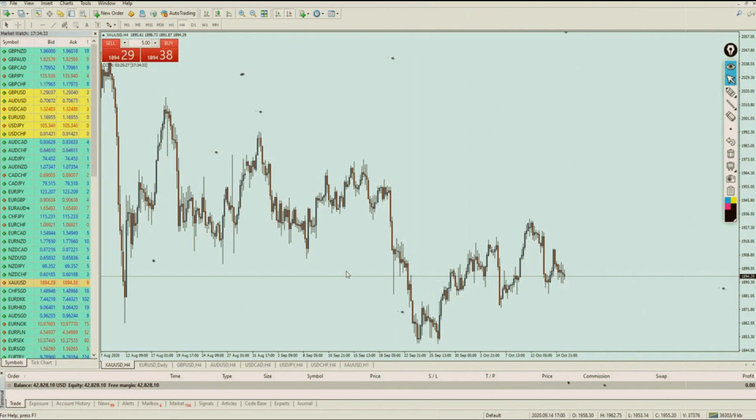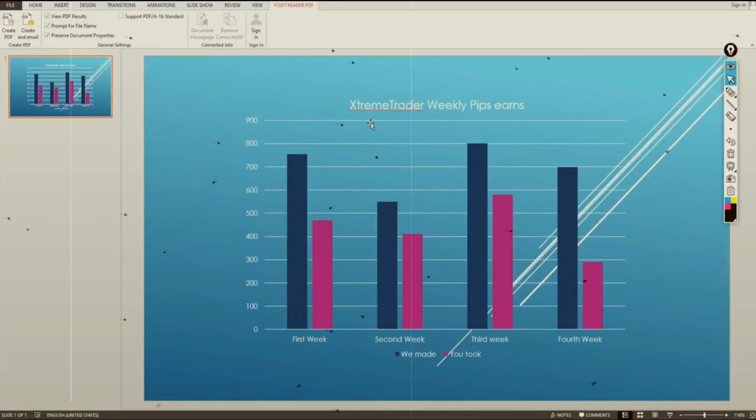What I really wanted to clear in this video is the confusion about the pips that we announce every week. Some members see that we announce, for example, that this week we made, one second, let me show you. This chart shows the Extreme Trader weekly pips earned. The blue bar is what we have made, and the pink bar is what you have made or taken. As you can see, we were able to make signals that achieved about 740 pips of profit. But in your case as a client, it may be difficult to get the same amount of pips, and you will get only